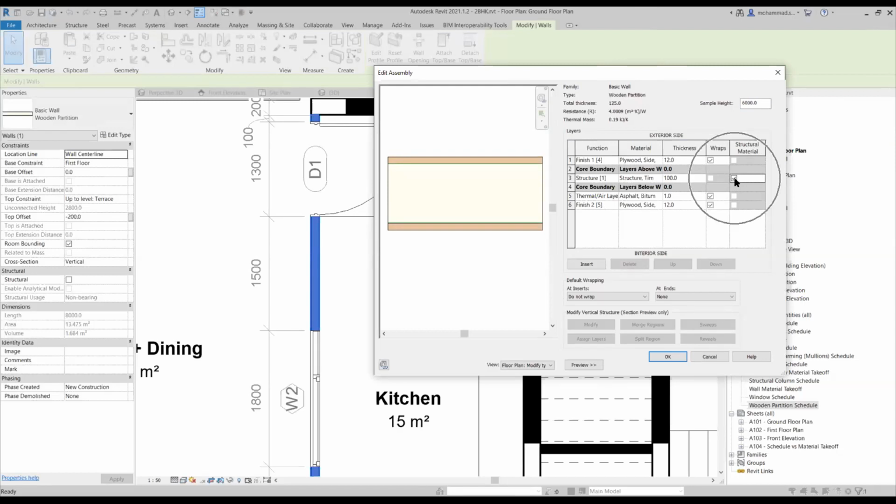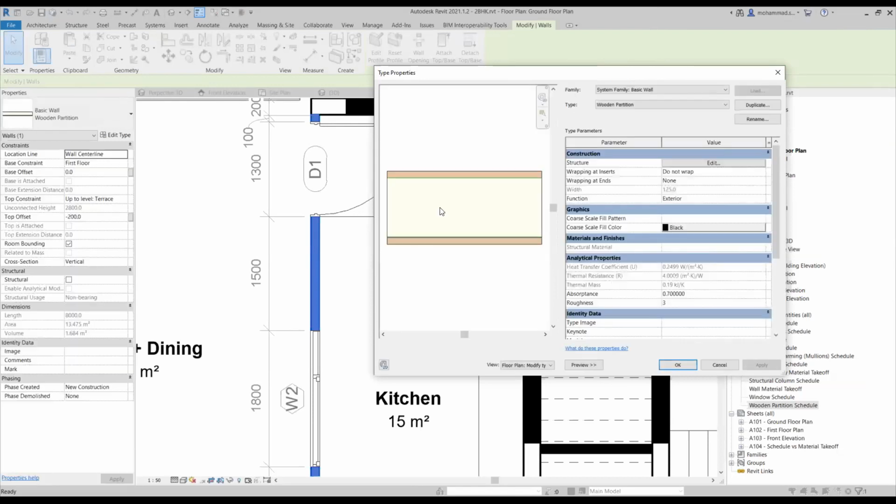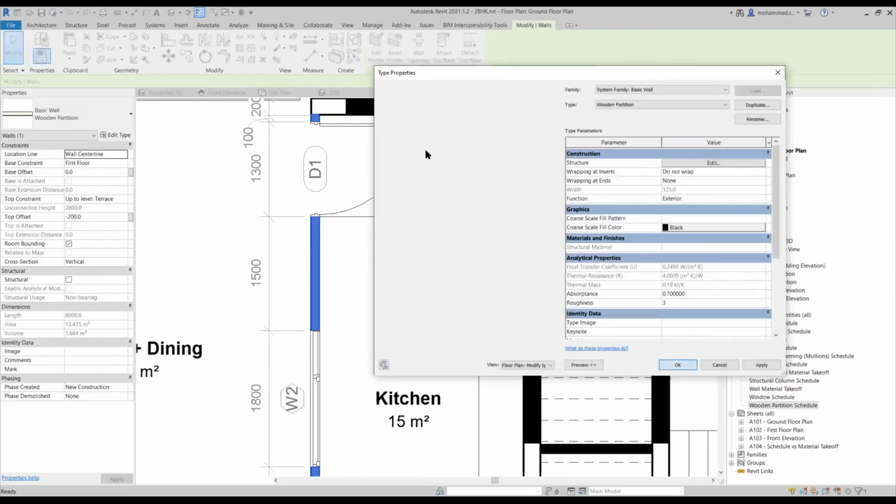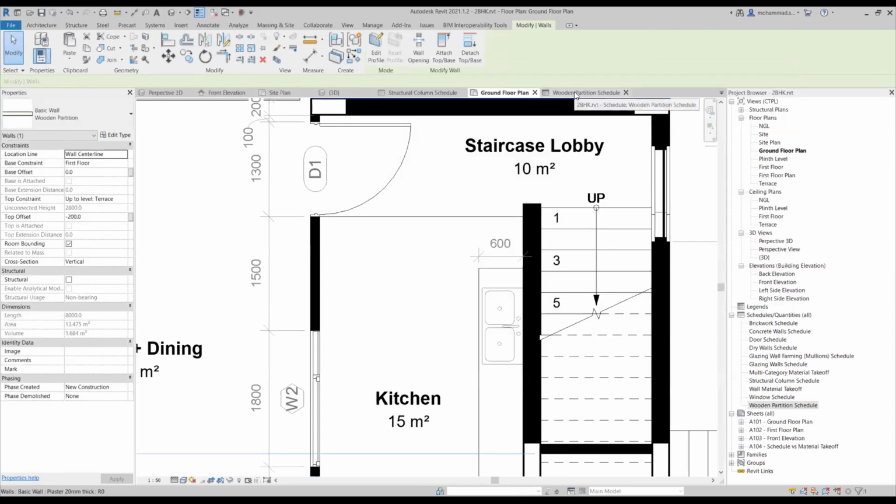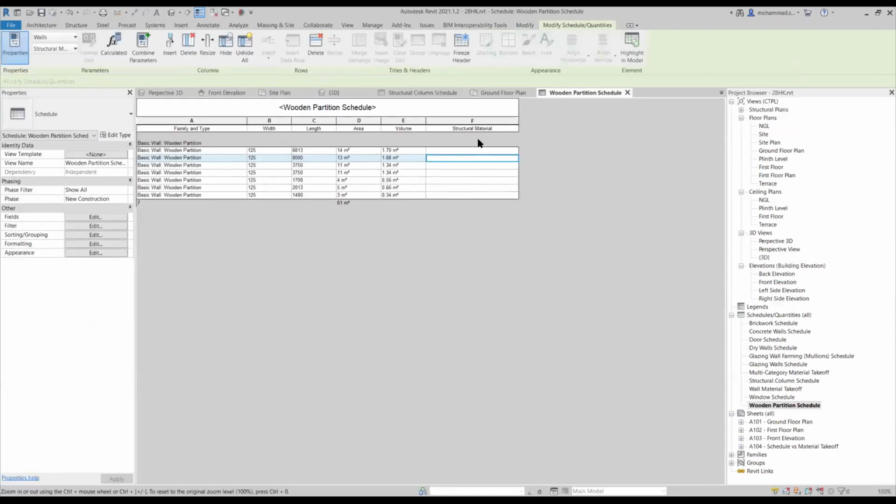For example, if I check off this option, that is structural material, let's see what happens. I'm going back to the wooden partition schedule. And as you can notice, this structural material is not shown here. So if we are not checking on that property of a structural material inside its family property, I'm not able to identify the structural material under my schedule and quantities option.